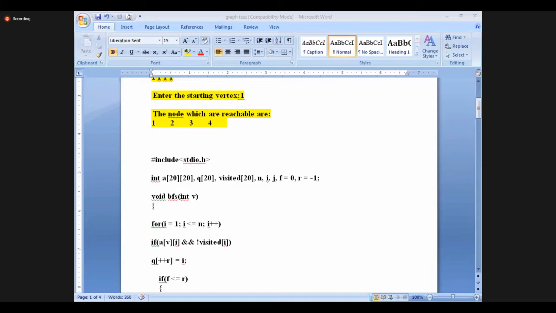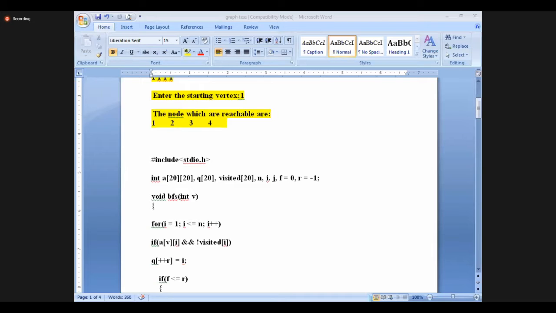Here, for example, you will see from 0 you started. First you will see that 0 is the starting node and what the adjacent nodes of 0 are: 1 and 4. So you can visit from 0 to 1 and then 0 to 4. The BFS order is 0, 1, 4.